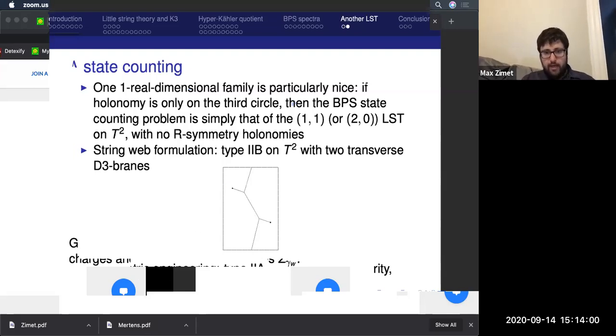And then if one instead realizes this little string theory via geometric engineering, so you have F theory on an affine A1 singularity, by which I just mean the total space of an I2 singularity over a disk. Then again we studied the BPS state counting problem of that little string theory on T2, but F theory on T2 is just type 2A string theory, because F theory on a circle is M theory and M theory on a circle is type 2A. So the point is then we're just studying the generalized Donaldson-Thomas invariants of an affine A1 singularity times T2.